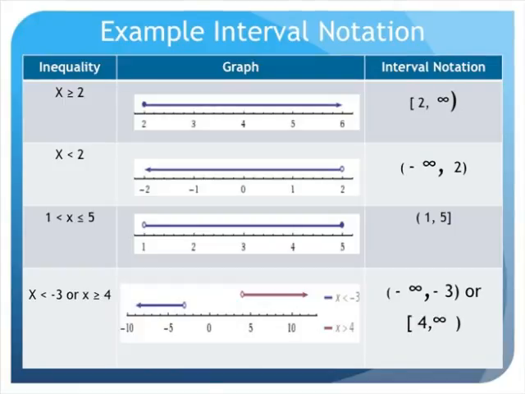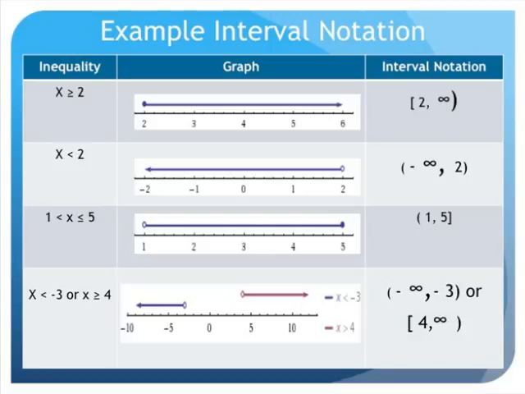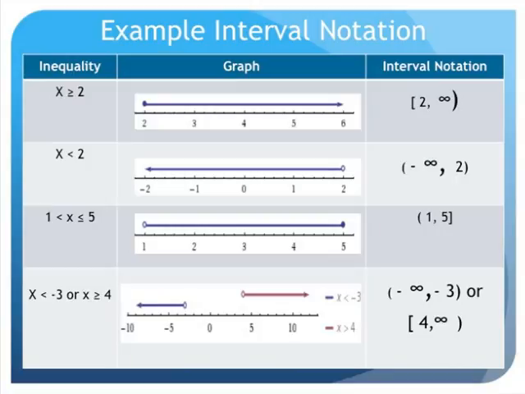The inequality x is greater than or equal to 2 has the interval notation of bracket 2 comma infinity with the closed parentheses behind it. And the graph is a closed circle on 2 going into the positive infinity. We have the inequality x is less than 2, and therefore the interval notation is parentheses negative infinity to 2. As you can see from the graph, it's an open circle on 2 and it goes into the negative infinity